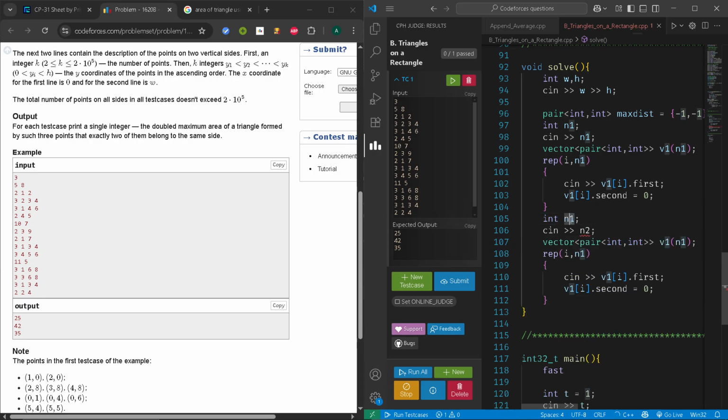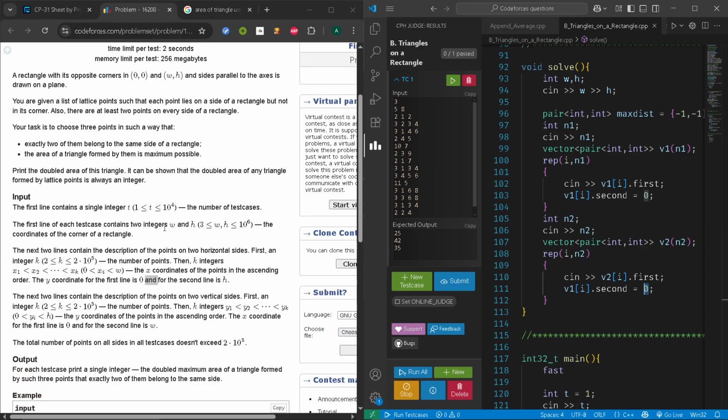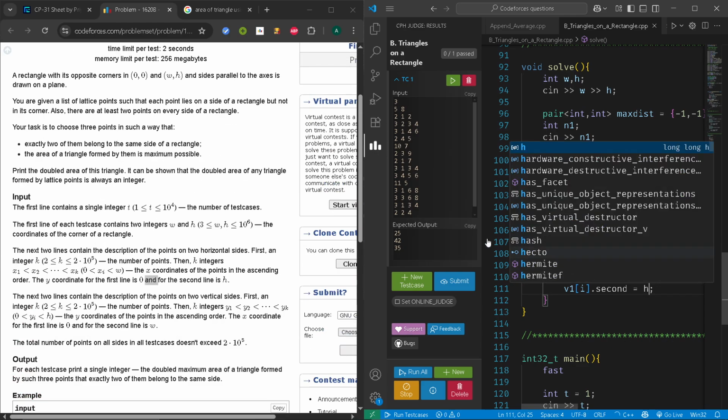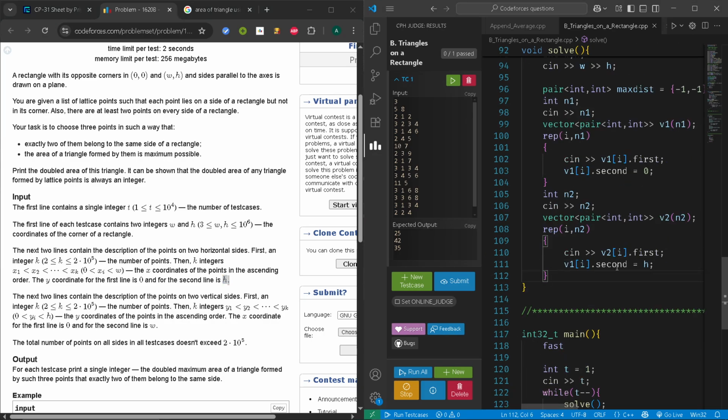This is n2, this is n2, and v2 n2, comma n2, v2 I dot first, and this is nothing but the height, I guess. X coordinate is height. In the first two lines, y coordinate for first line is 0 and second line is h. We are worried about y coordinate. Now, in the next, if you look,